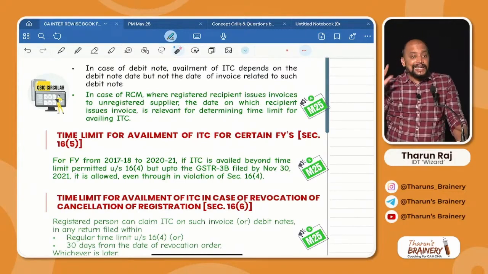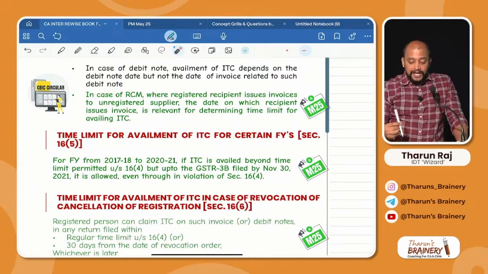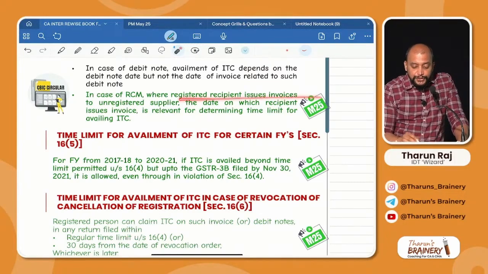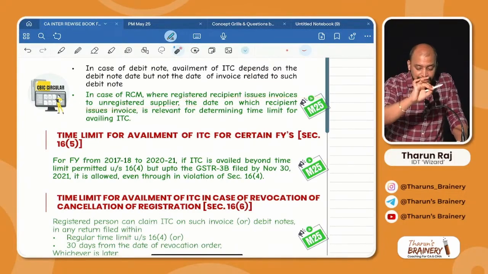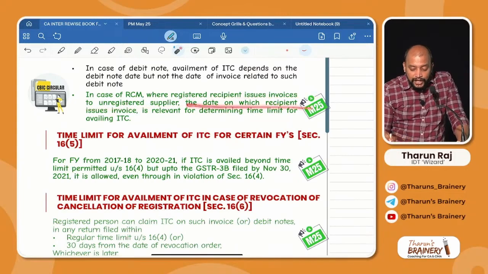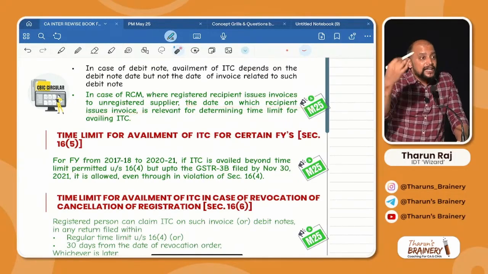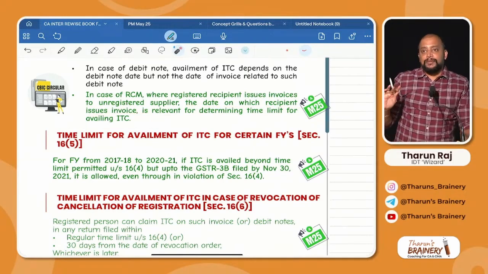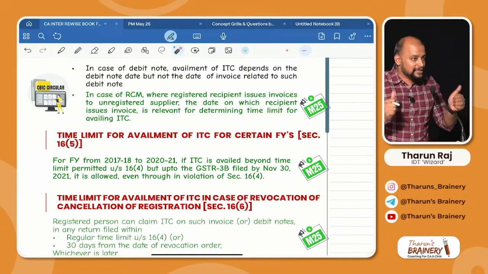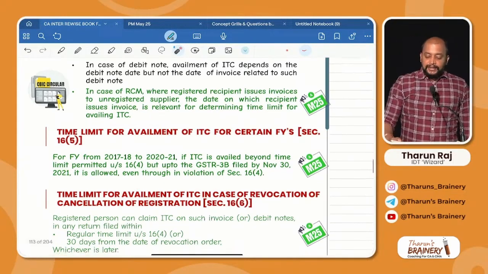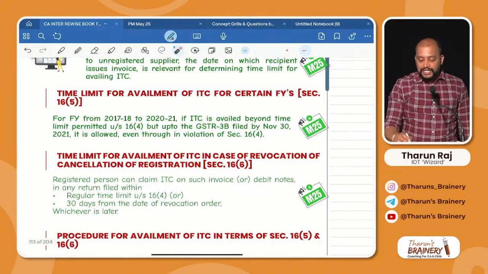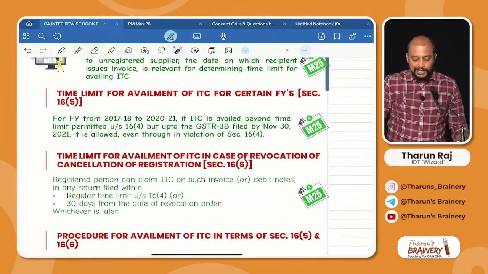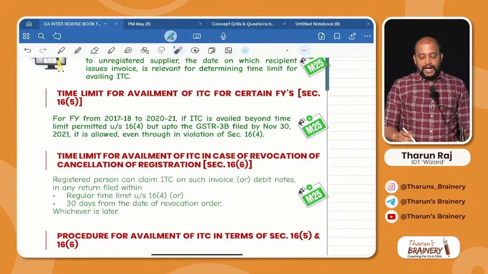Read that. In case of RCM, where a registered recipient issues an invoice to an unregistered supplier, the date on which the recipient issues the invoice is relevant for determining the time limit for availment of ITC. You got it? Next. Time limit for availment of ITC for certain financial years, that is, for financial year